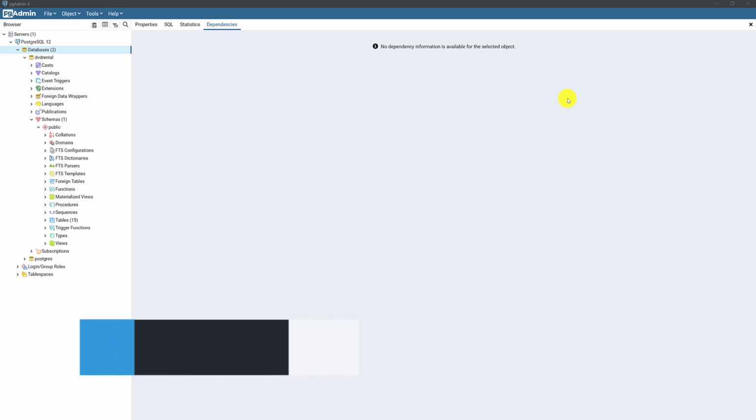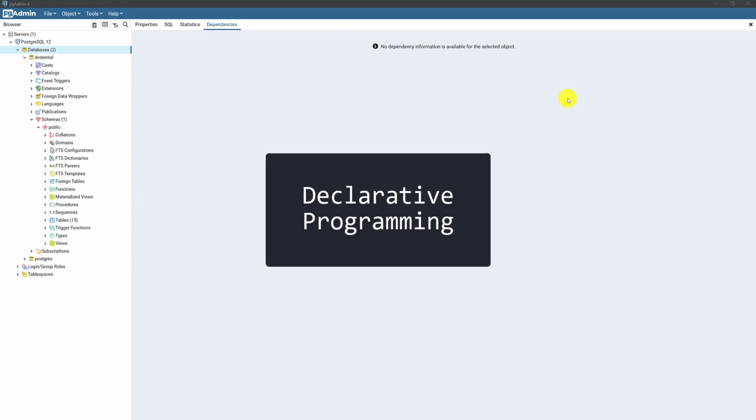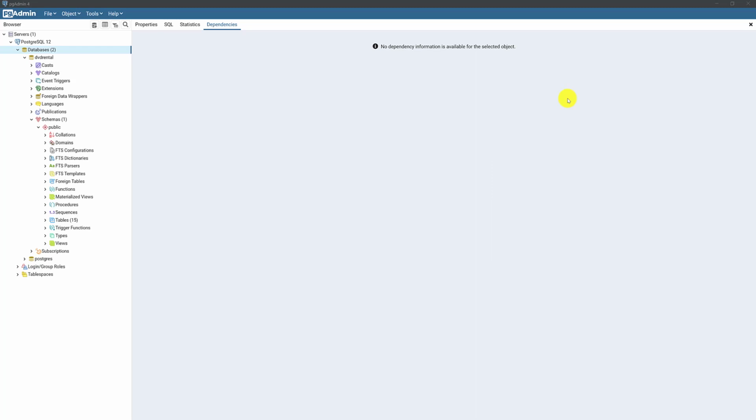SQL query syntax is pretty easy. Essentially, you're just telling the database what you want, and the database will return that information however it sees fit within the parameters set by your query. We refer to this as declarative programming. In declarative programming, you don't need to tell the system how to do its job. You just ask it for something, and it will find the best path to return what you need.